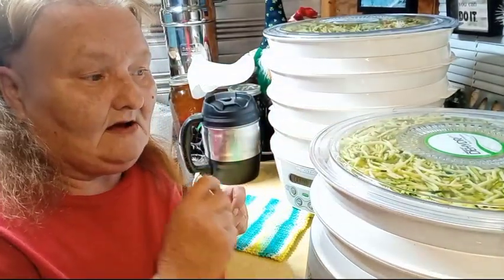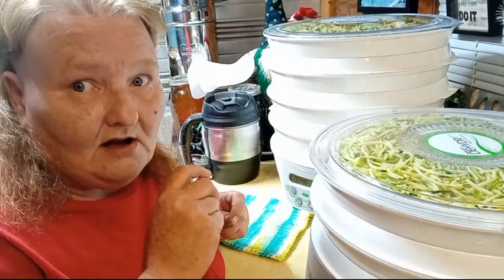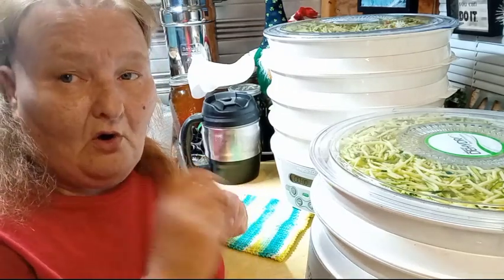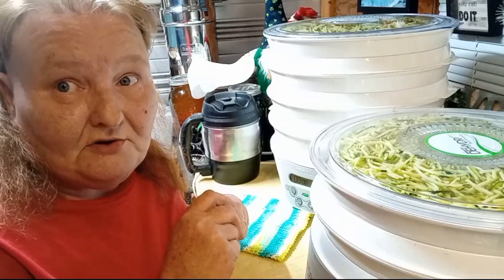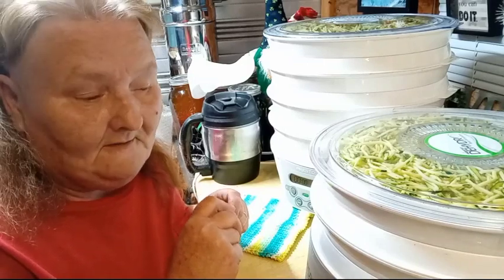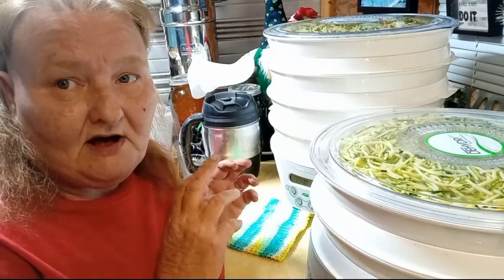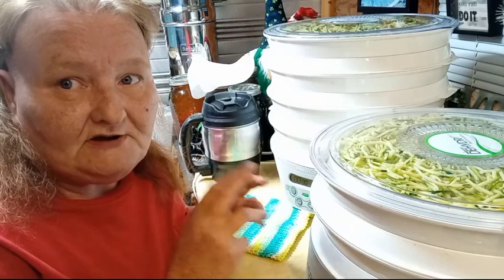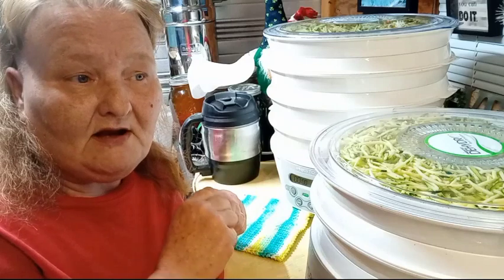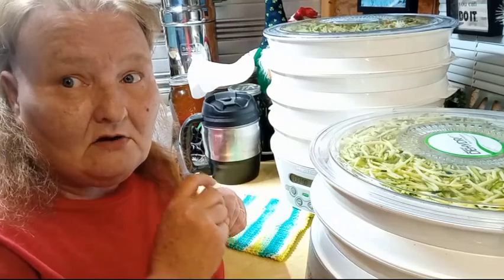dehydrating, because you want to get this dry, absolutely dry, but you don't want to over dry them. And yes, you can over dehydrate food and it will turn ugly. It'll get all brown and everything. We want to keep it as fresh looking as possible, but get it completely dry. And when I bring you back to empty out the trays, I will let you know how long it really